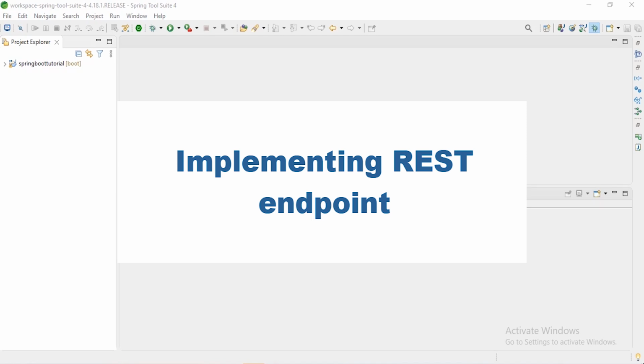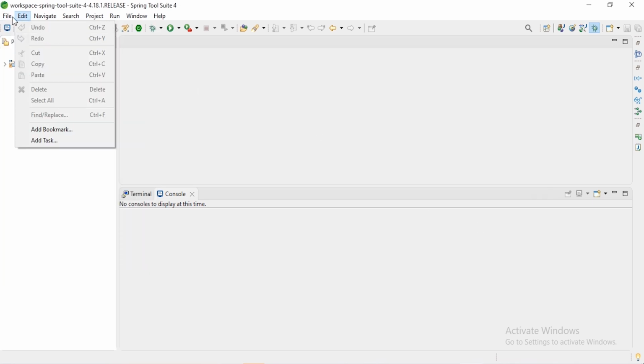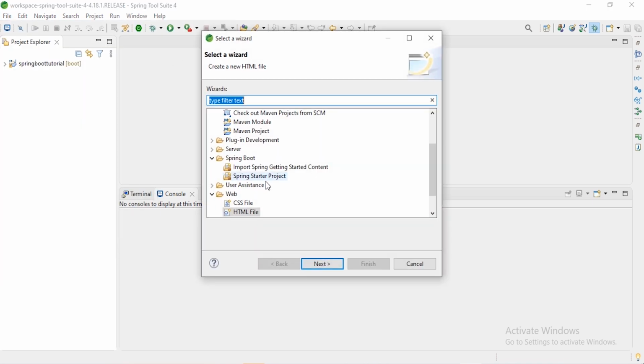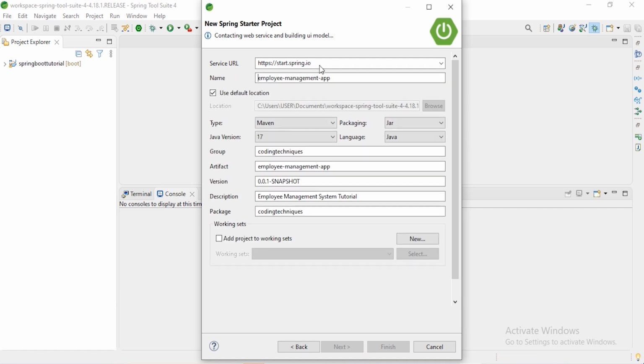So let's create a new project and implement our first REST endpoint action. Go to File, New, Other. Here we have Spring Starter Project. Click on Next. It will connect us to start.spring.io. So here, the name of this project, let's name it